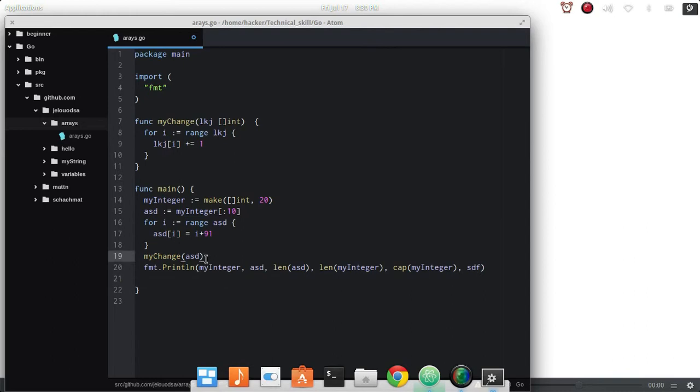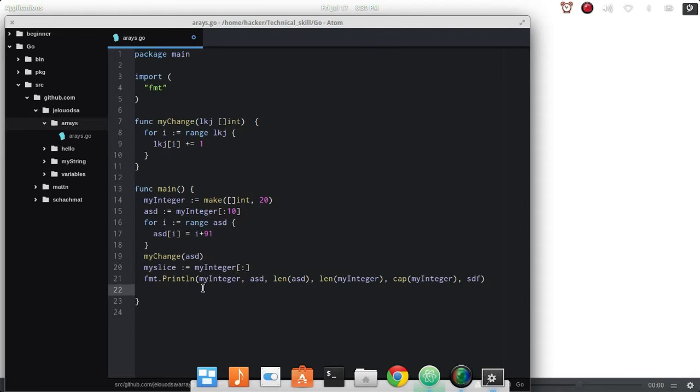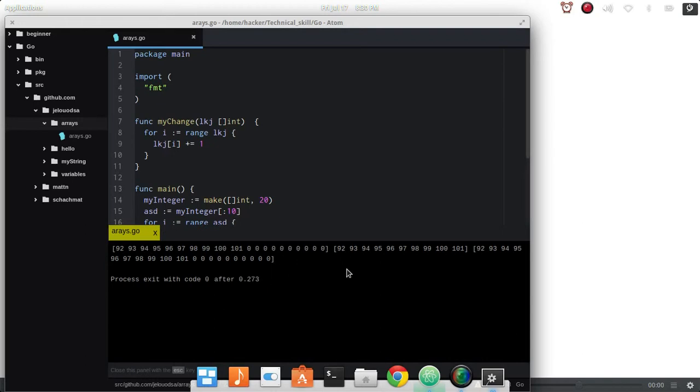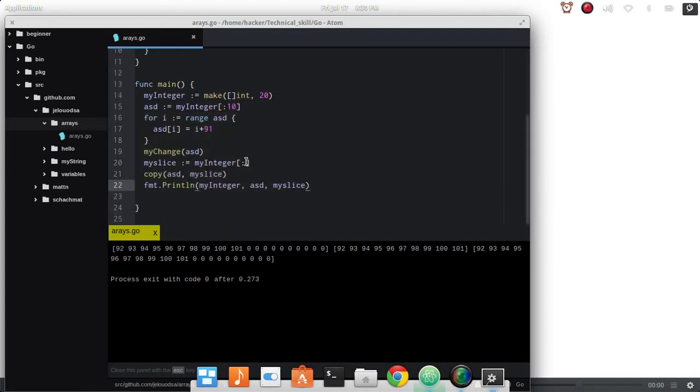So let it go. And what I want to do is make a copy of it. Copy into AST from my slice, and here we just print AST and my slice, and look at what happened. You can see that this was the original array. Then we make some small change here. We just make 15. You can see that there are 15 elements here, and when we made a copy from my slice to AST,